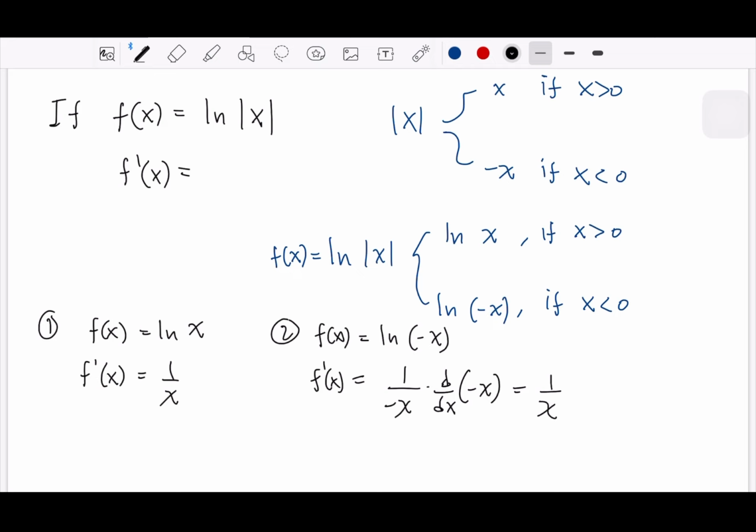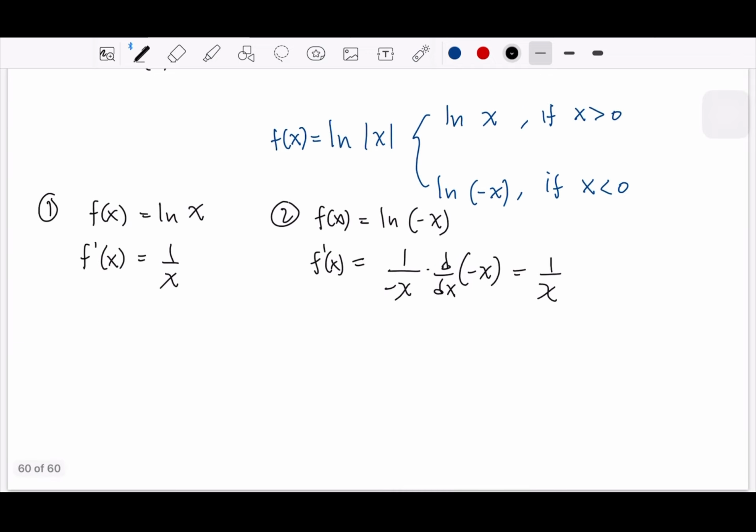you need to be careful when you learn integration or anti-derivative. If we have 1 over x, it can be two things. It can be ln x or ln negative x. So that's why later when we take integrations, it will be the ln with absolute value. But that will be later. This is to show you that when you have the absolute value, when you derive, it's going to be the same result. And if you check the graph,